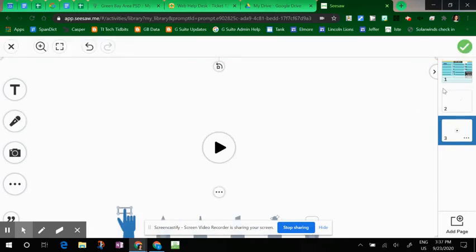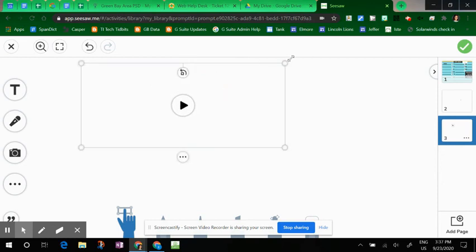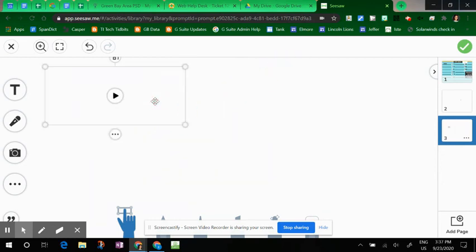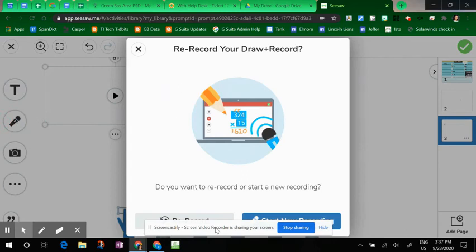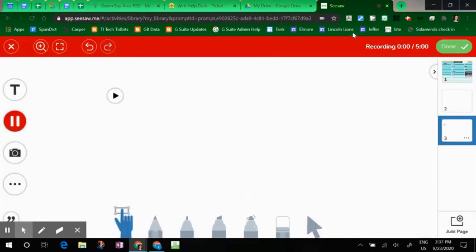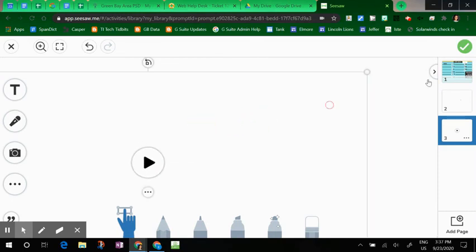Now if you're starting from the beginning without those slides, you can also shrink this down off to the side here and move it a little bit. And you can click this microphone button one more time and it's going to give you this option of re-record and you can choose start new recording. This time my word is new. It is new to all of us. New. When I click my done and I shrink it and move it over to the side,